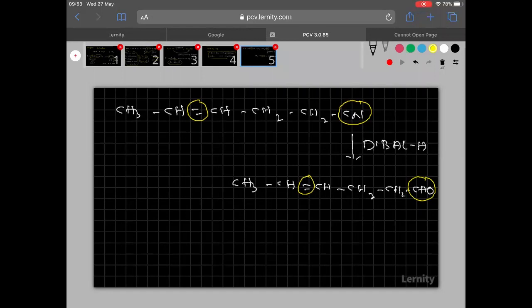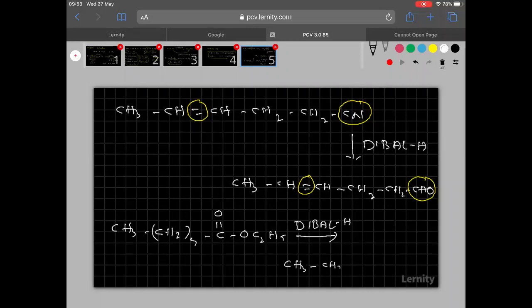Clear? What about esters then? That also we are going to see here. So now CH3, okay, CH2, for example, let me take 4 times here. Then here C double bonded O, OC2H5, this is an ester. So an ester when undergo reduction with DIBAL-H, reduction with DIBAL-H. Is it clear? Then once you see here, let me write the product here.